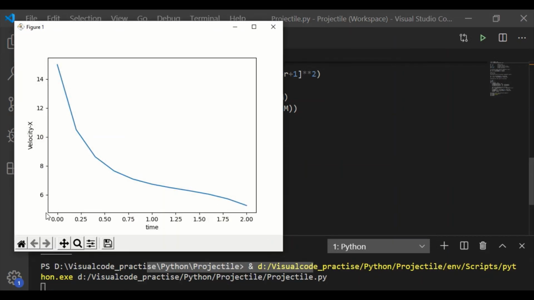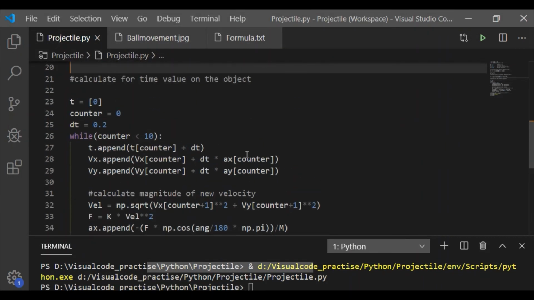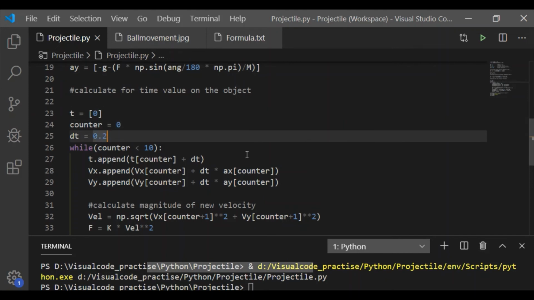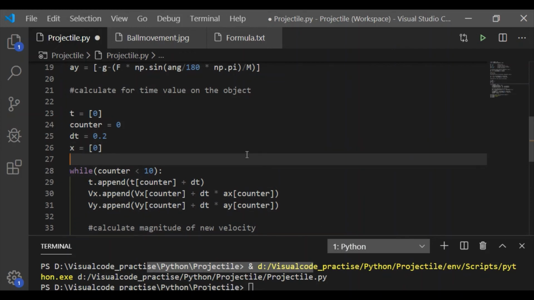We can see that along time on the x-axis, the velocity Vx component is getting reduced when the time increases. And it is not a straight line. As expected, velocity on the x-axis decreases initially at a faster rate, then at a slower rate before it hits the ground. So now we will plot the range of projectile for the object, that is the ball movement,